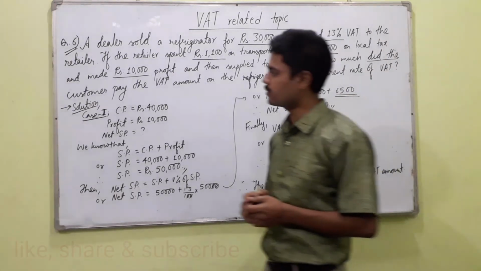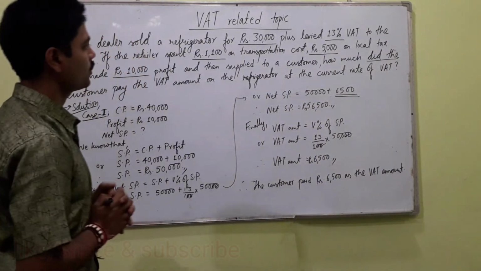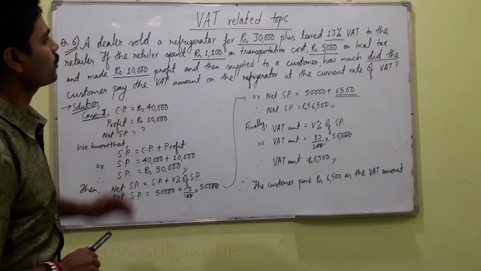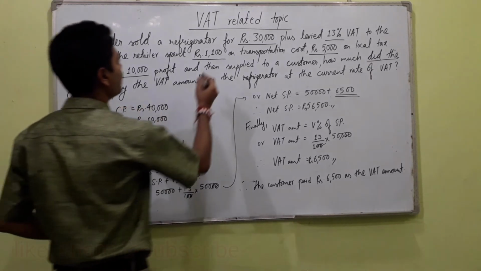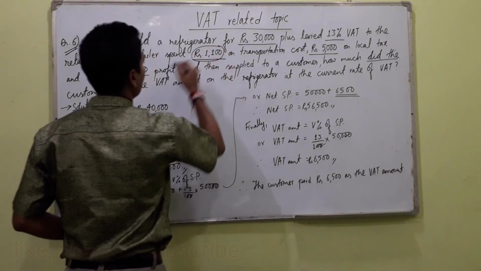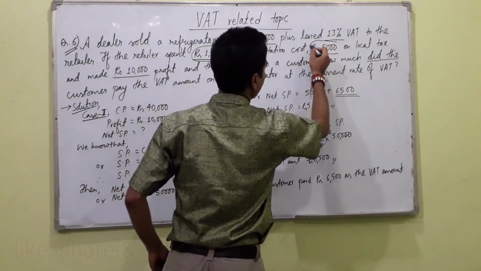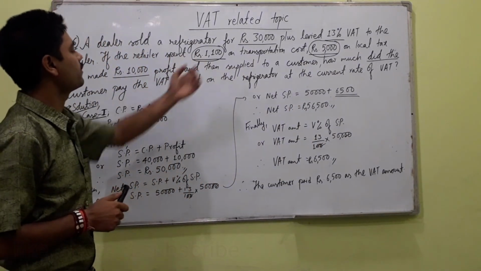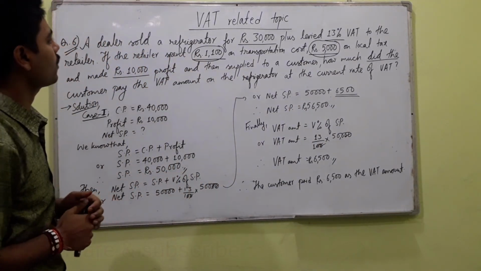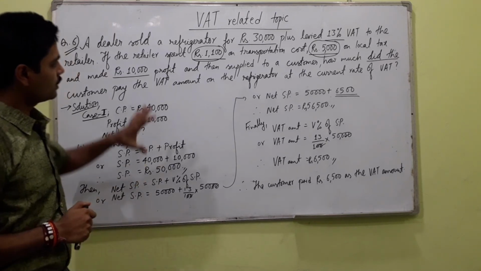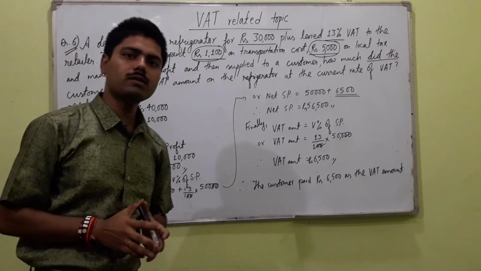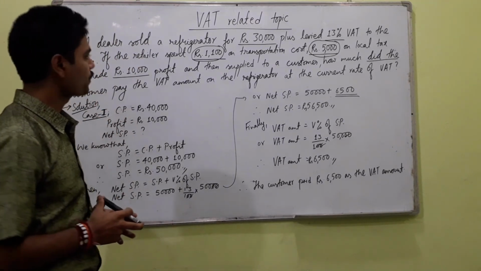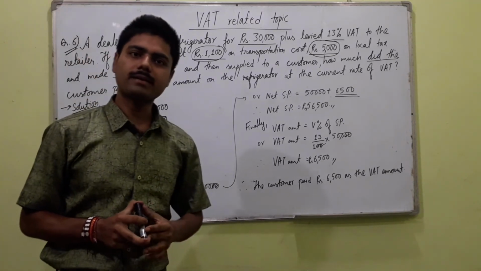So this was for today, students. I will put some other questions also related to this topic. This is one of the confusing questions for the students because they will forget to add this amount in the cost price, or they may be confused whether to put these values in the mark price or cost price. So this question looks a little bit difficult for the students, and I hope if you see this question properly you can understand it. So till then, keep practicing, keep learning.